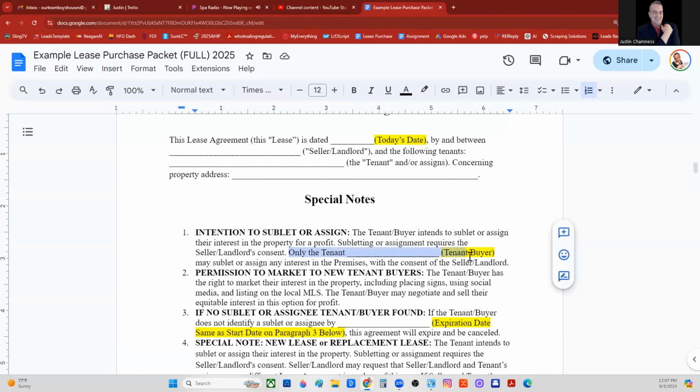Okay, you are, remember, the tenant buyer and or assigns. Only the tenant, okay, not your assignee, only you, so you put your name there, may sublet or assign any interest in the premises with the consent of the seller landlord. So again, don't write your name and or assigns. You just put your name here, because you don't want your tenant buyer assigning his position away and getting this thing all